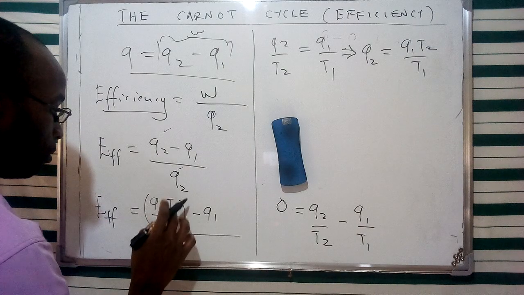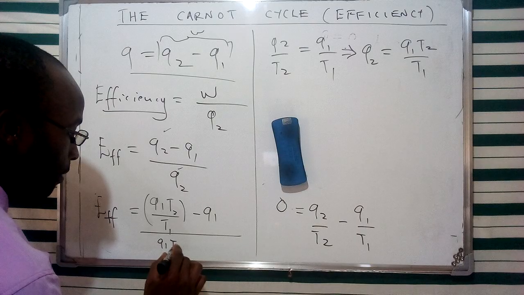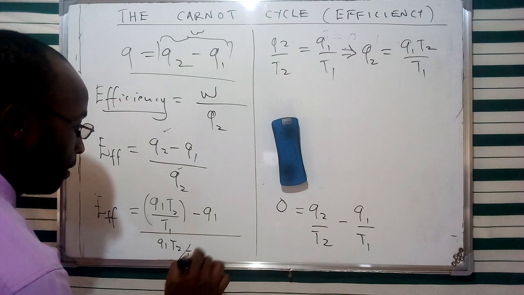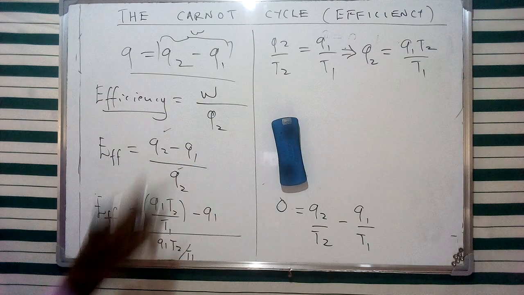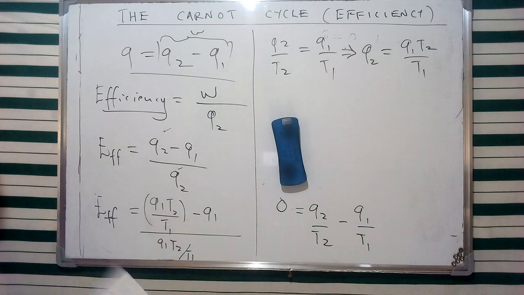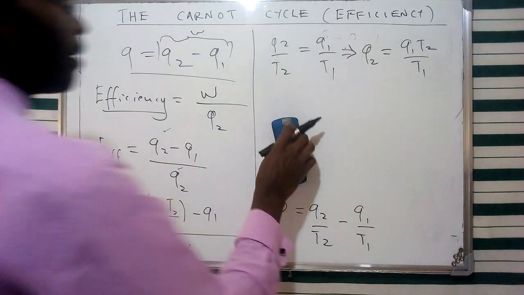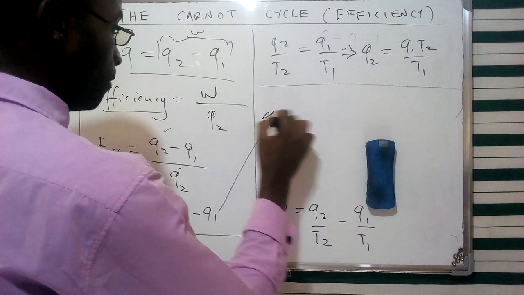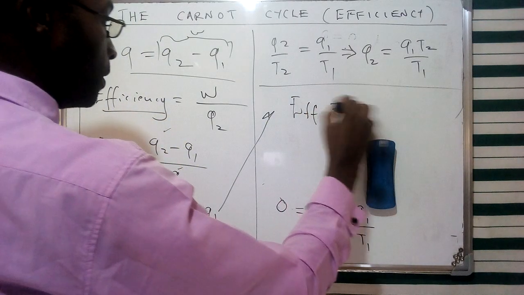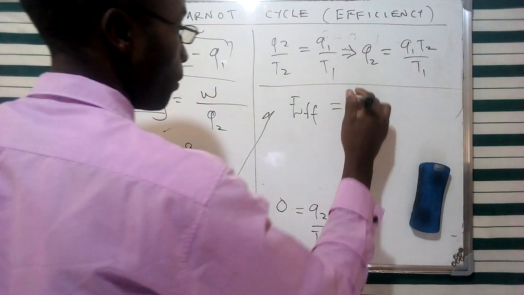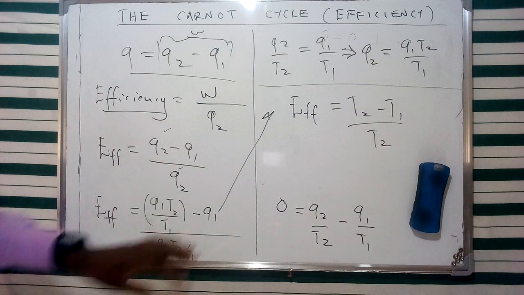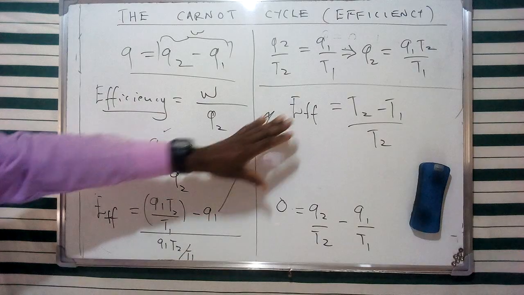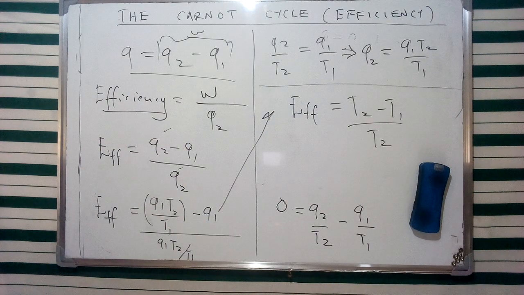So this is the ratio between Q2 and Q1 given as such, and this is going to reduce into an equation of the form efficiency represented by T2 minus T1 all over T2. So this basically is the ratio between the temperatures, the two changes in temperature given as such,